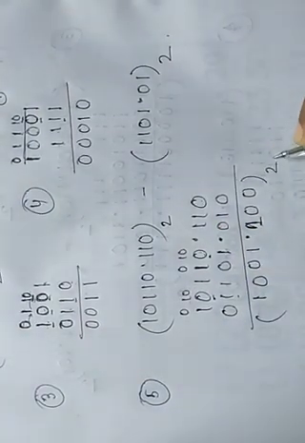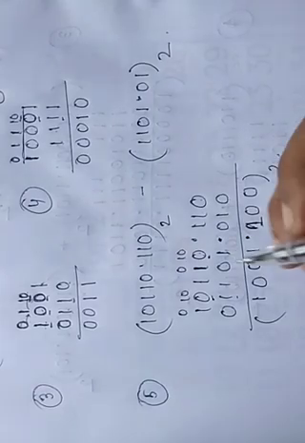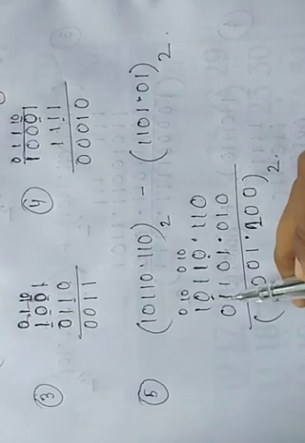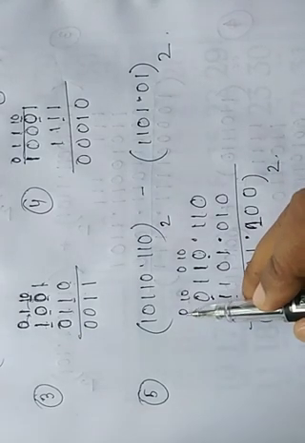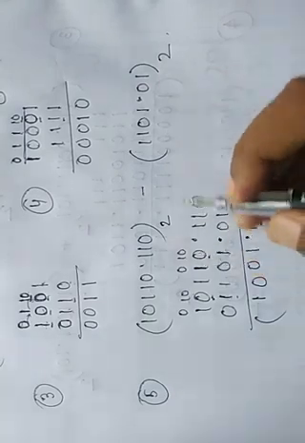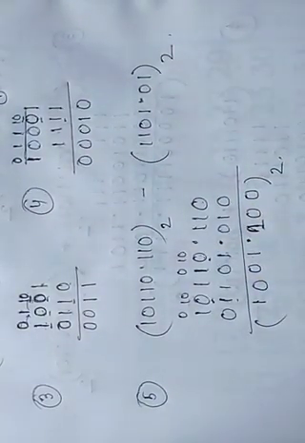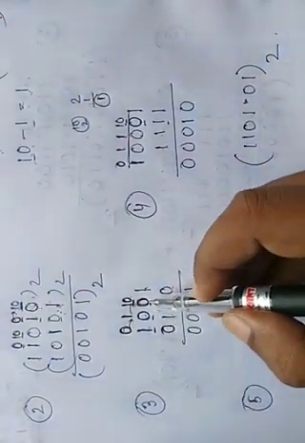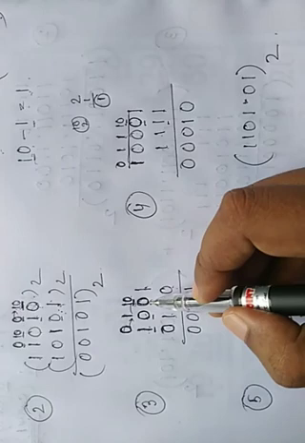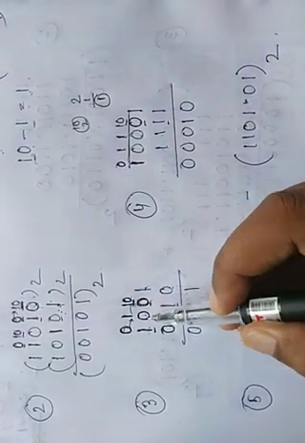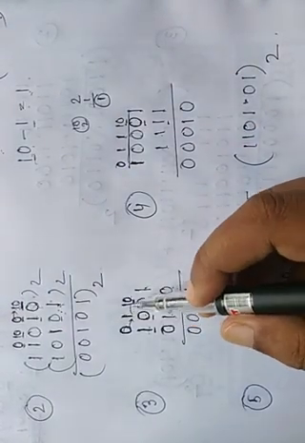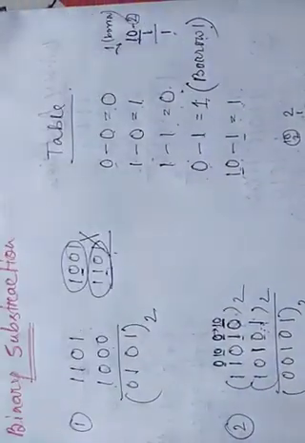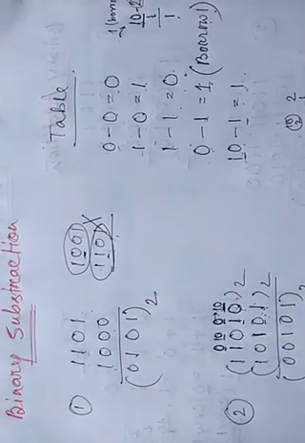This is also very easy. Okay, just remember that if the upper value is 0 and we have to subtract 1 from any 0 value, we have to take 1 from its previous value. Okay, now it's okay. Clear? And if there is more than one 0 between, if the previous value is not 1, then all the middle values change into 1. Clear? Hope it is now clear to you how to do binary subtraction.